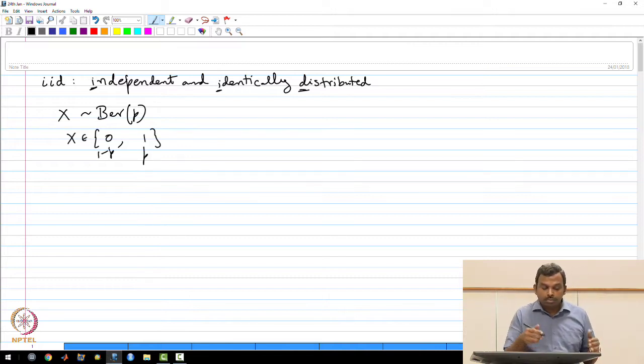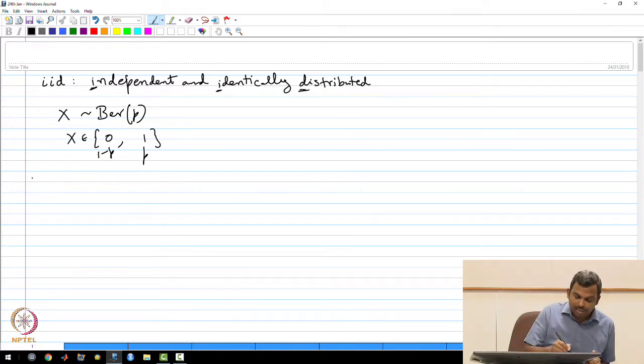So this is like a coin toss, right? You toss a coin once, and you get a Bernoulli random variable. 1 could be the heads, 0 could be tails. So that's the way in which you can think of this as an outcome of a coin toss. Quite often you might have repeated coin tosses, right? So the first example we'll see is repeated coin toss,